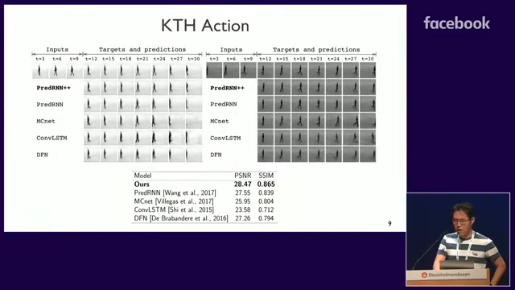And we evaluated our model on another dataset called KTH. In this dataset, there are periodical human movements. And our model can predict the trajectory of the movement and also maintains the figure of the people.